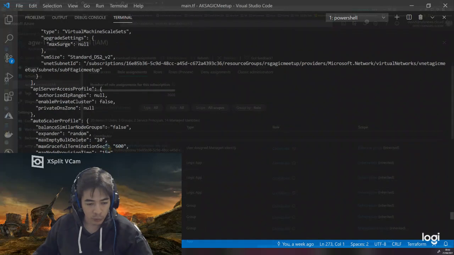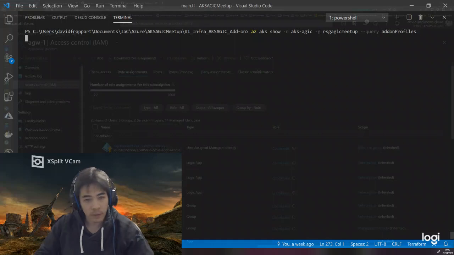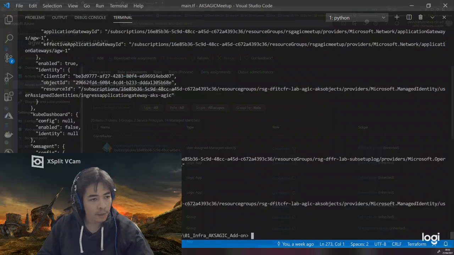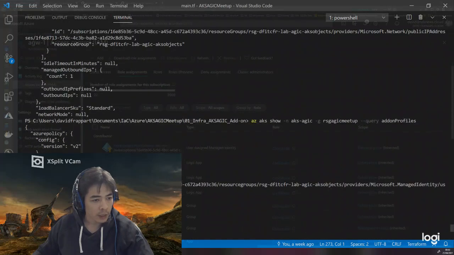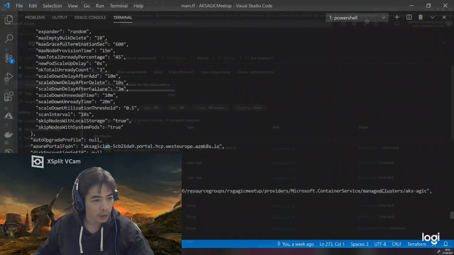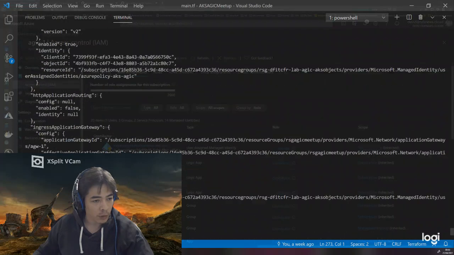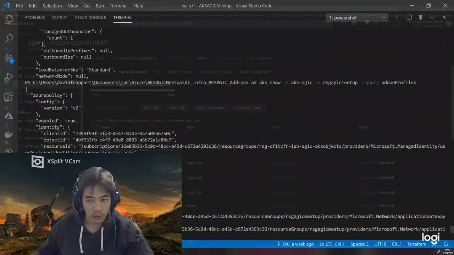So I will do the same command, but this time adding a query addon profile, and I can get my addon profile, and I just want the application gateway, which should be somewhere over there. Okay, addon profile Azure policy.